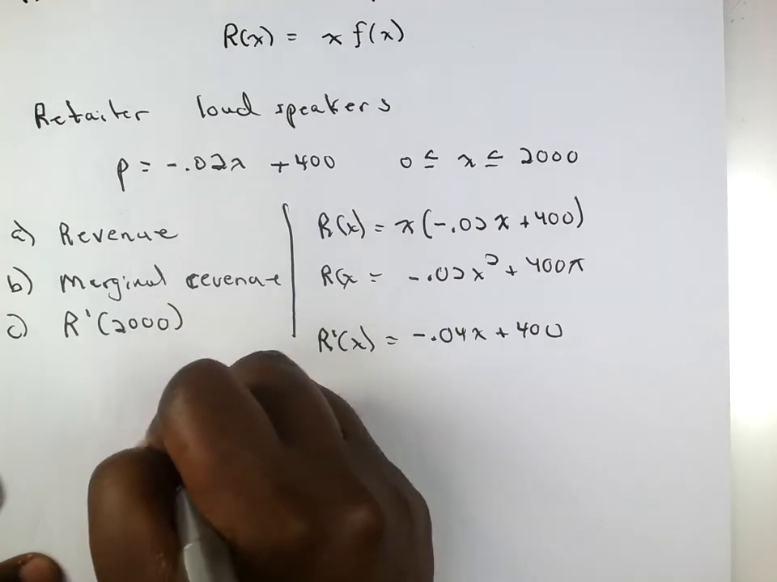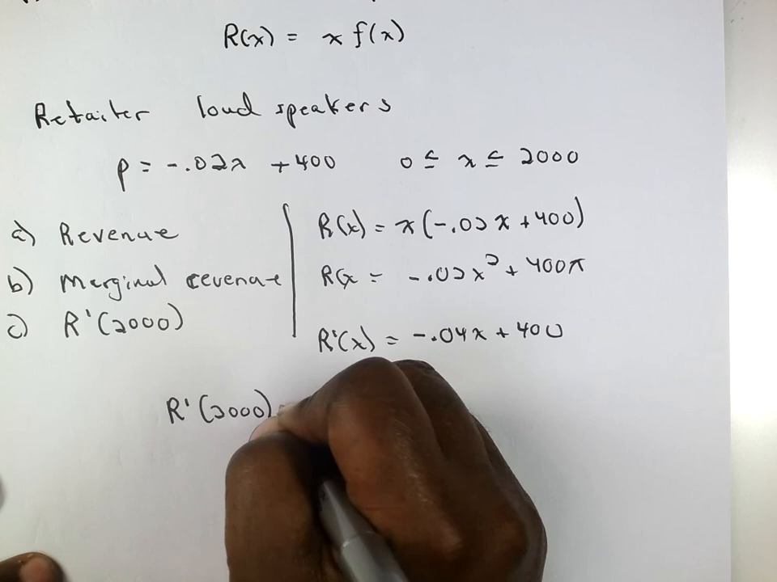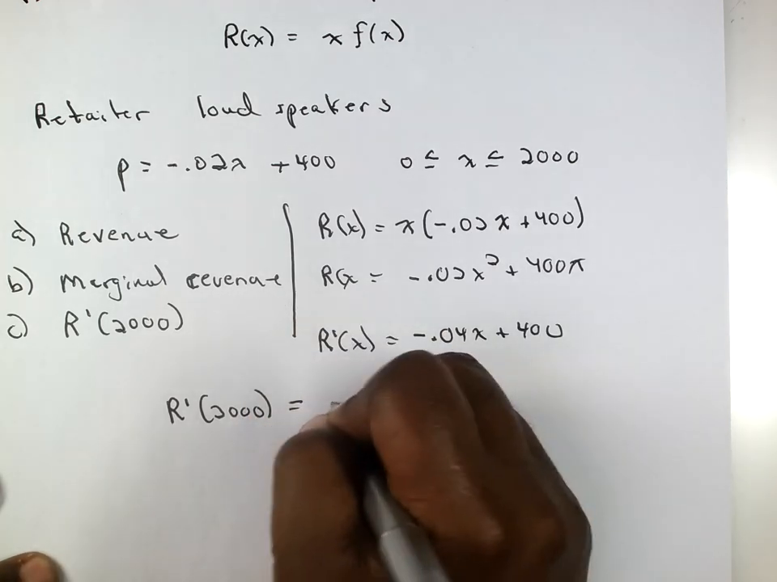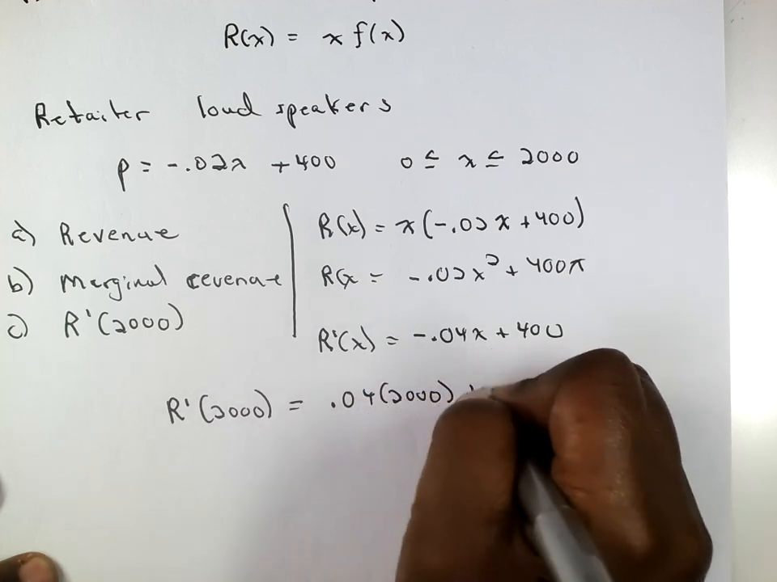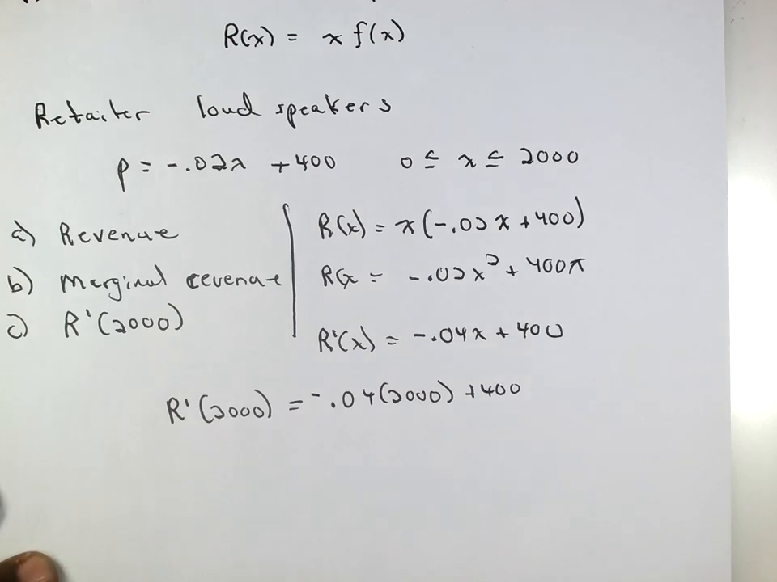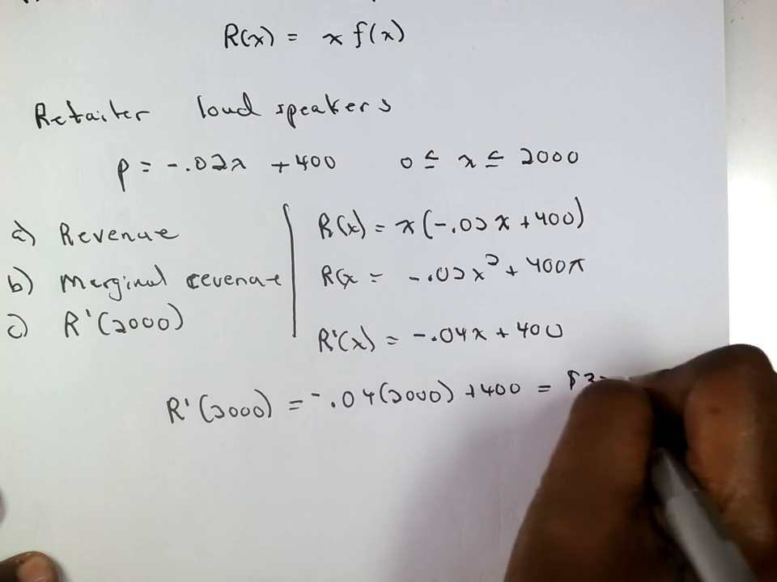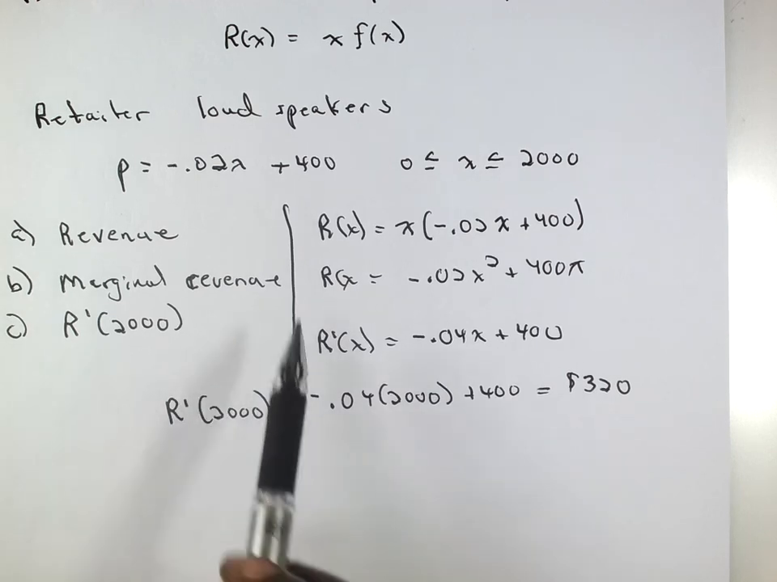And lastly, we wanted to evaluate that. So what happens when you sell 2,000 units? What's the marginal revenue? So negative 0.04 times 2,000 plus 400. And when you evaluate that, it comes out to be $320. So that's the marginal revenue that you're bringing in. Alright, I still want to work with this same data